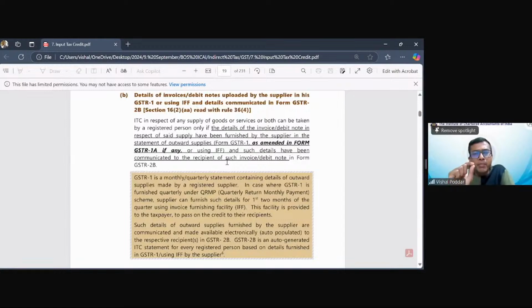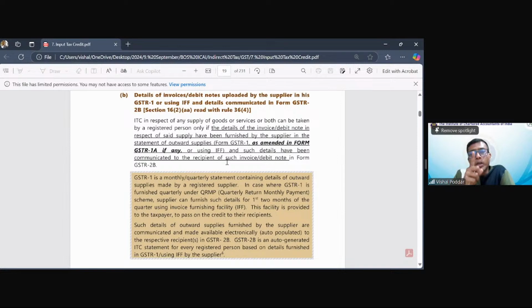The option is accept, reject, pending. Now, this option of accept, reject, pending, which is appearing in your IMS, is now the crucial factor, because till date, it was only appearing in 2A, and in your 2B, which was getting auto-populated in your 3B, which you were also watching. But now, after the introduction of IMS, you have to take action.